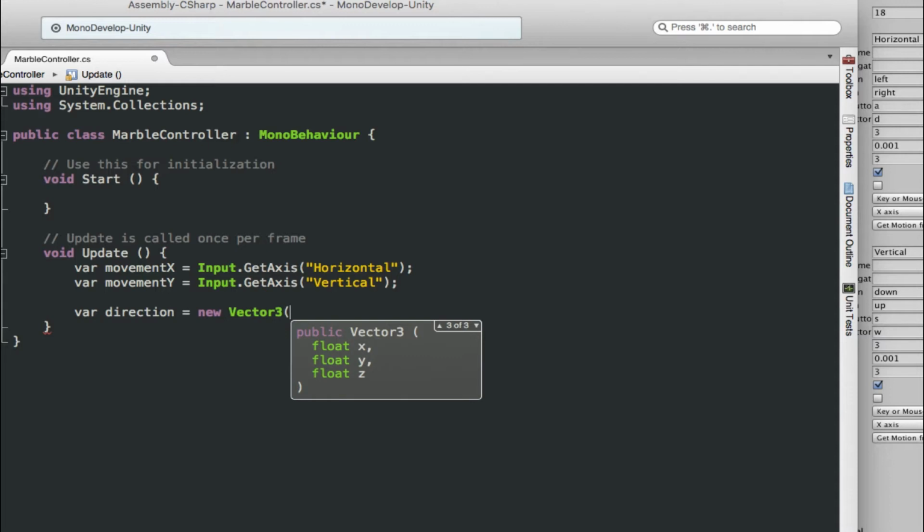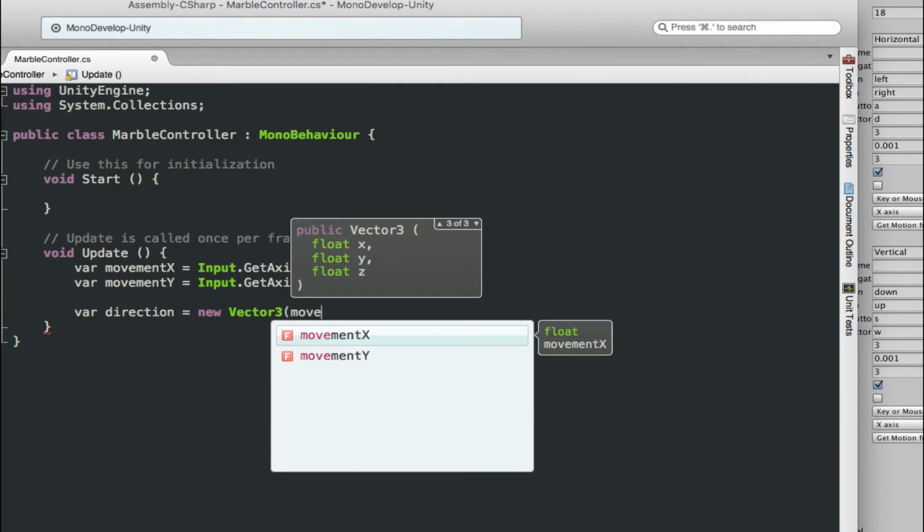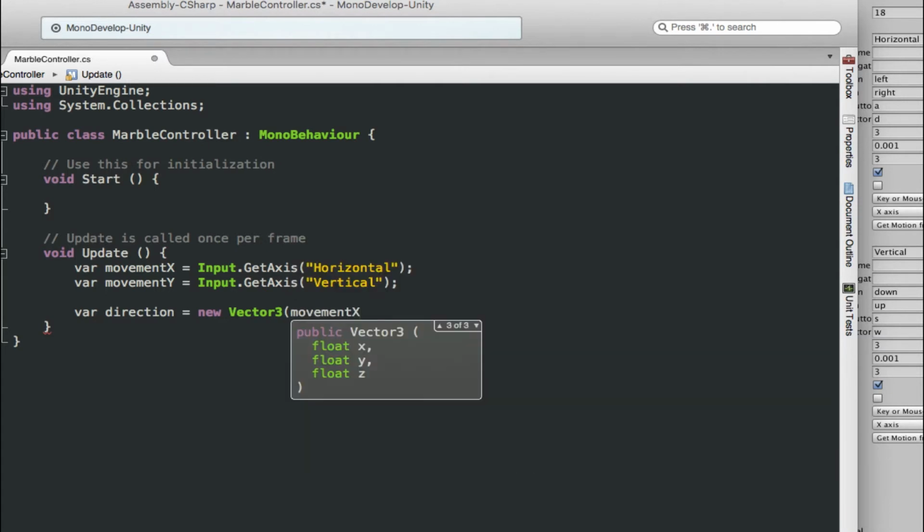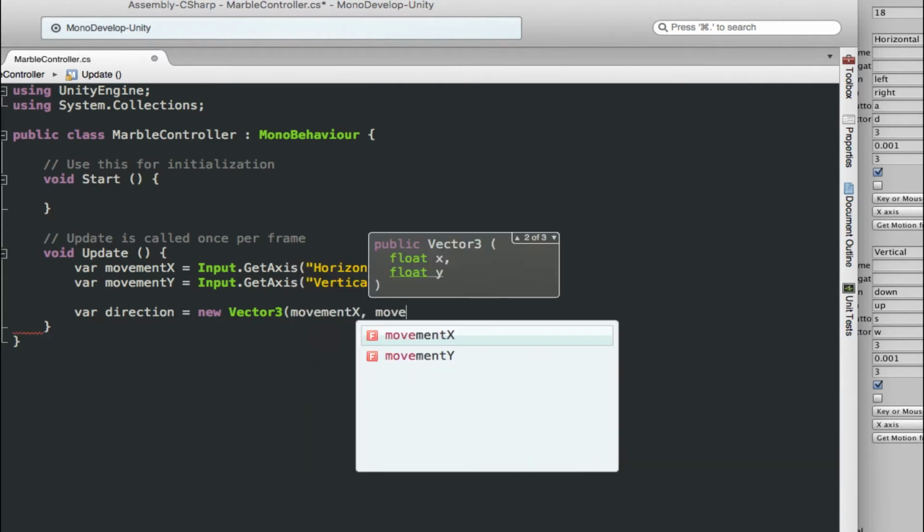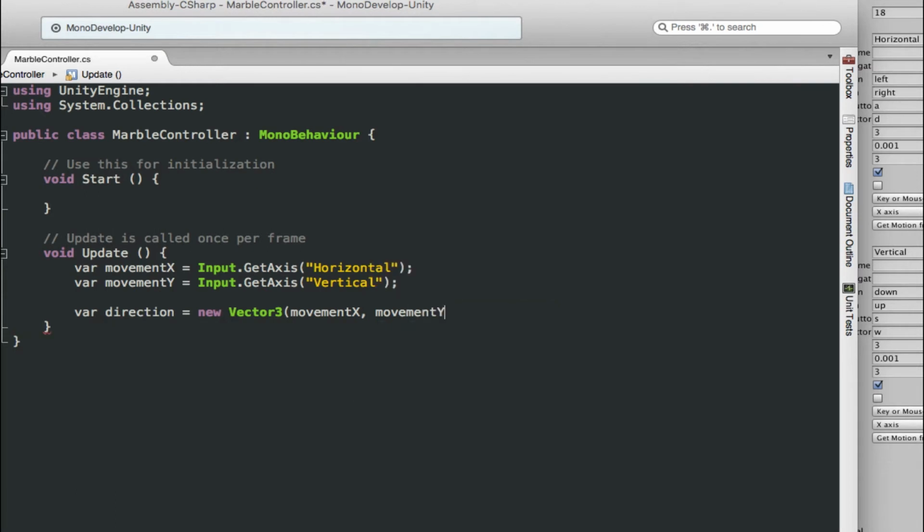So I'll go ahead and give it 3 numbers, and it wants floats, so I'm going to give it float. And for now, I'm just going to give it movement X and movement Y and 0 for Z. And that's fine. Now the only problem with this is that